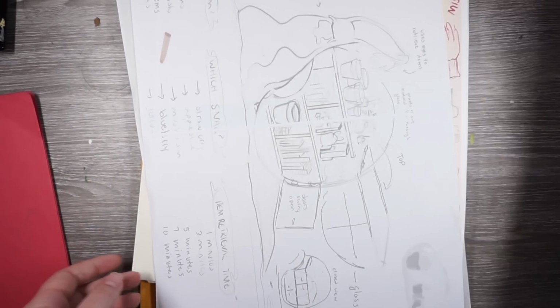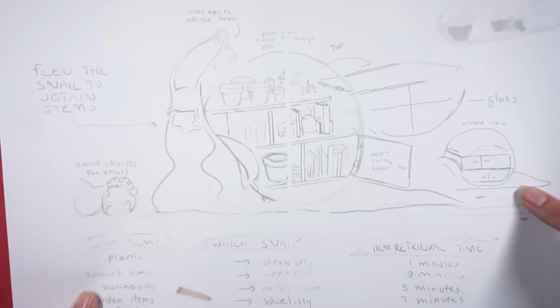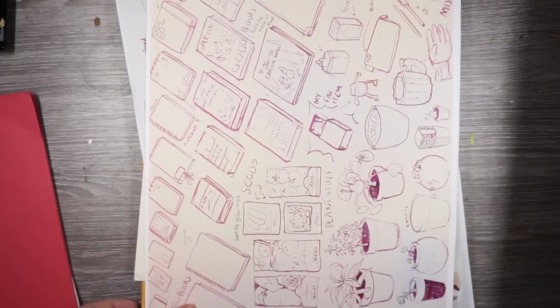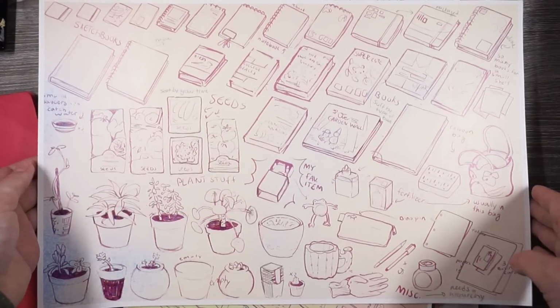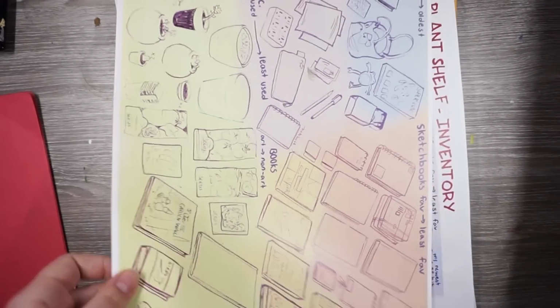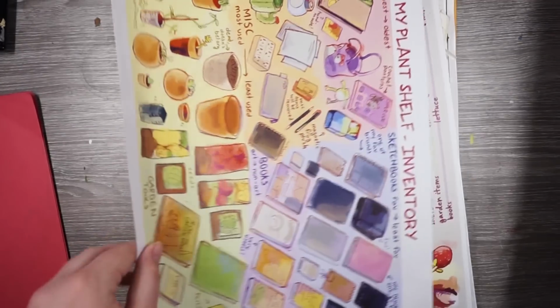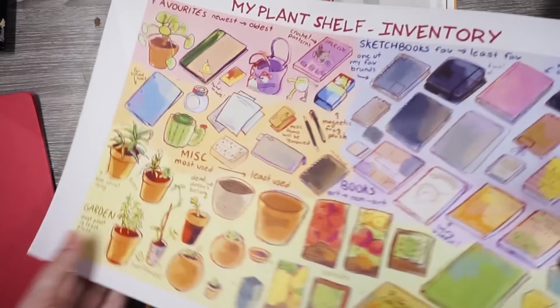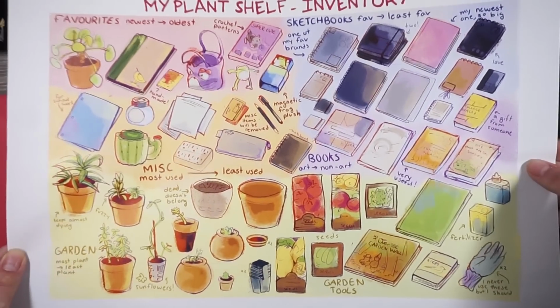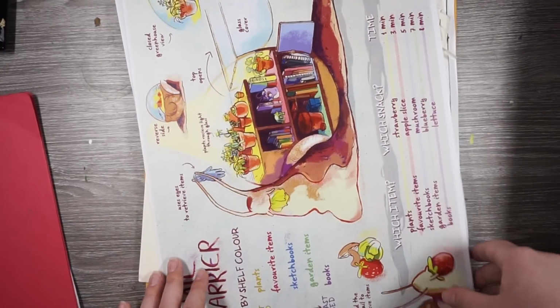Black and white. Initial sketch. Inventory sketch. Colored inventory just in the background. This is a Staples print. Staples prints pretty accurate colors. This was the final inventory. I don't remember if I included the title or not. Oh, and this was,